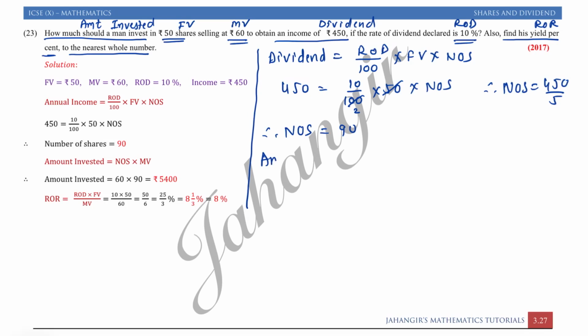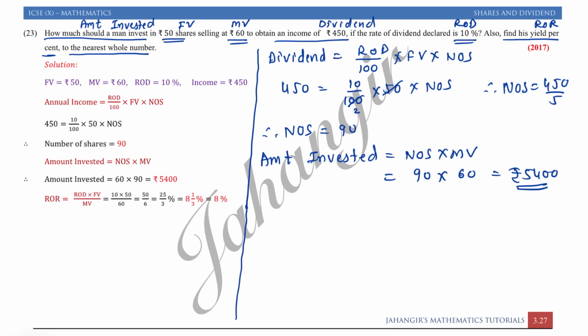Now amount invested. Amount invested is number of shares into market value. So number of shares is 90 into market value is 60. So 9 6 are 54. 5400. First was very simple, how much man should invest. Second part है